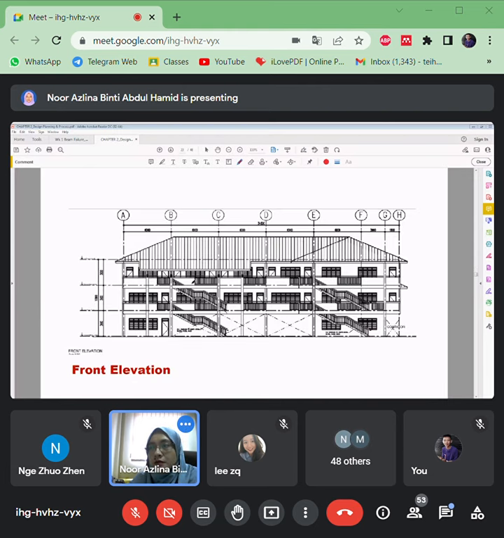Okay, for the front view, you see how the architects draw, it looks nice, a normal-looking building. The staircase shows the mirror concept, with the arrangements on the right and left sides.